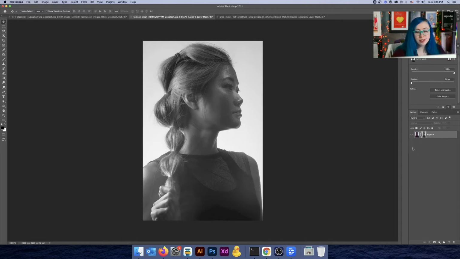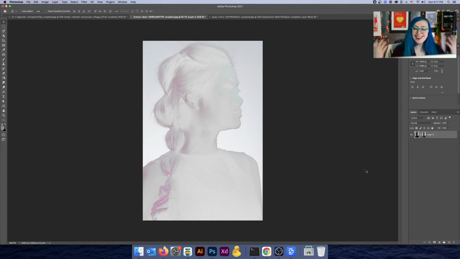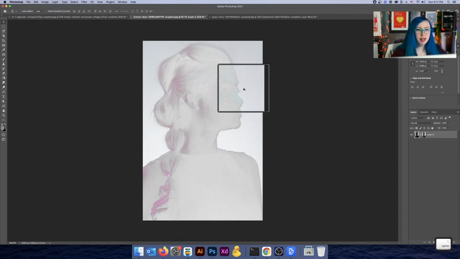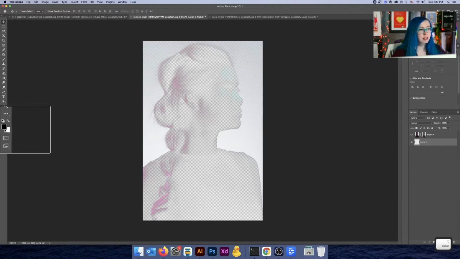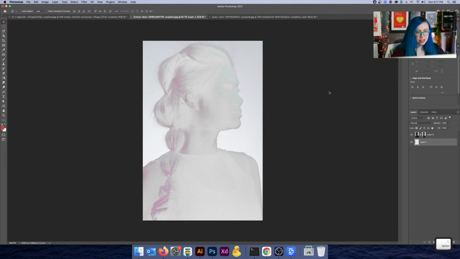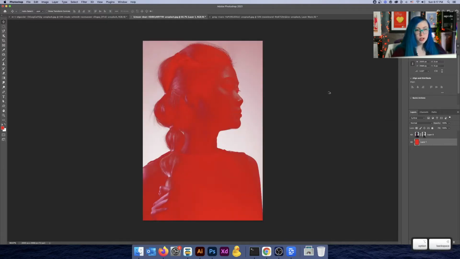Let's see if our theory is correct. Go ahead and click now back on the photo, and our theory was correct. You can see that the woman is transparent and the background is not. Let's test this theory by adding a new layer using this plus at the bottom and then dragging it underneath. Let's fill it with a color that's nice and bright. I'm going to change this to a bright red just so we can see what's going on. Using Option and Delete, I will fill this, and now we can see what's being masked out.